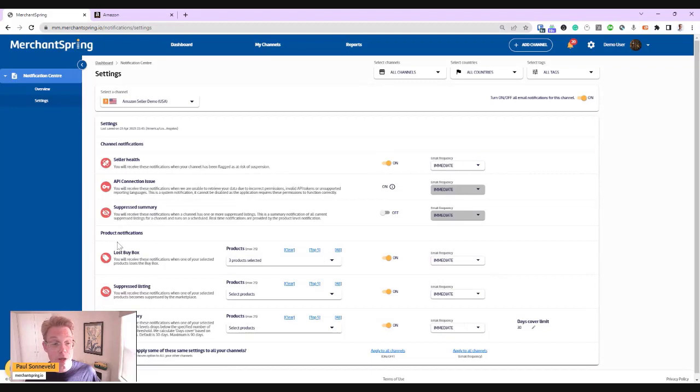And some of these, things like lost buy box and suppressed listing, will be almost in real time. We have a specific integration with Amazon that allows us to detect these particular events very, very quickly, and we push them out to you very, very quickly as well. So I encourage you to configure those as well.